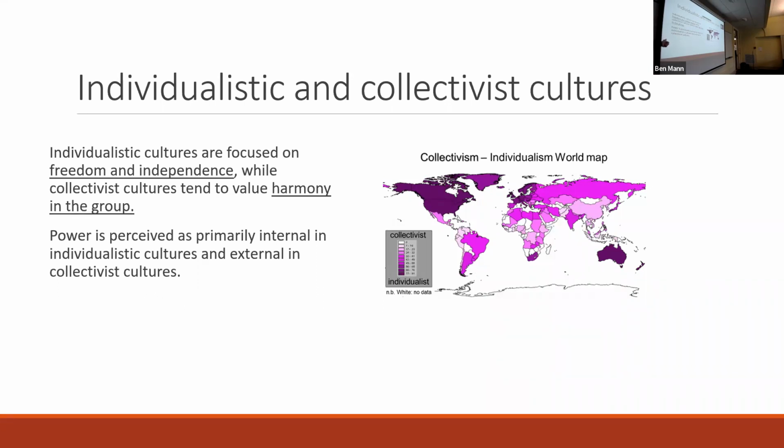In a more collectivist culture, again, these are cultures that tend to have higher population density, which adds context to it. There tends to be a greater value on harmony in the group, the ability of the group members to work together in a collaborative way with one another, to get along, and to try to avoid conflict and uncomfortable situations, right? Collectivist cultures might be more likely, if there's a conflict or issue, to move on, to pretend that it didn't happen, to be more likely to cede to an authority figure, and so forth, right? There's an emphasis on trying to keep the peace in these types of settings.